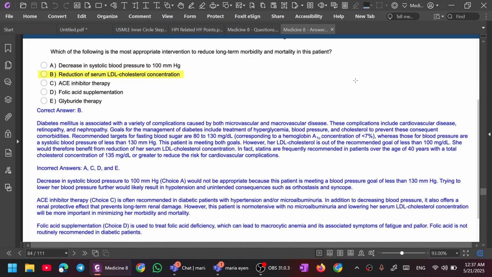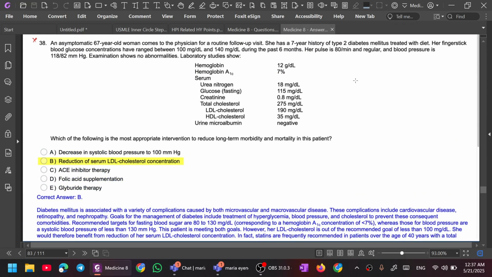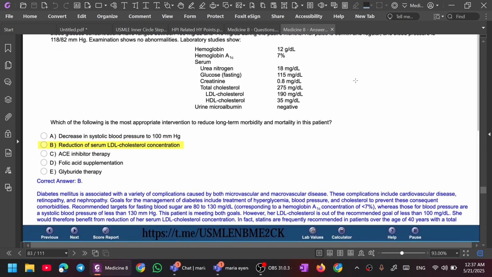And the second criteria is LDL more than 190. Oh, you remember the ASCVD therapy box? Yeah, but here it says statins are frequently recommended in patients over age 40 with a total cholesterol concentration of 135 or greater to reduce the risk of cardiovascular disease. This is new information, because on that box,